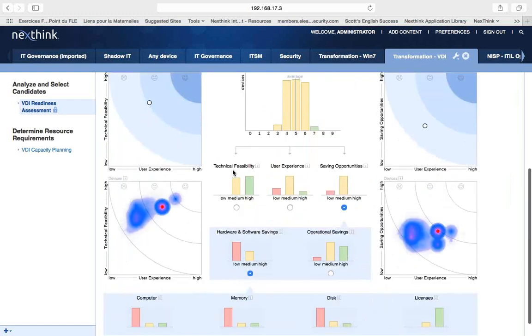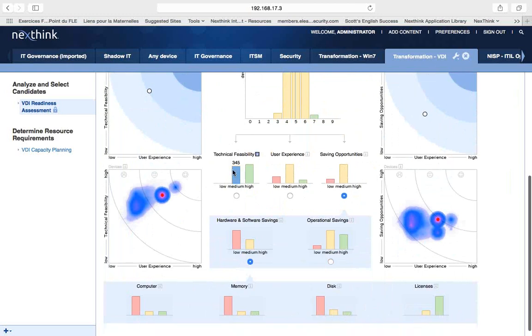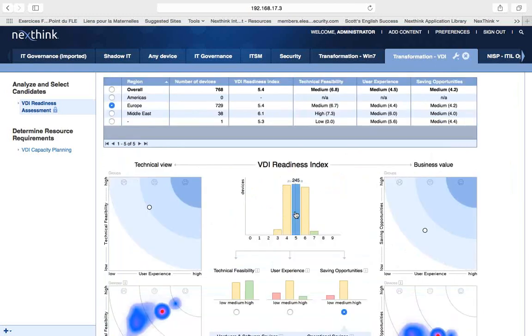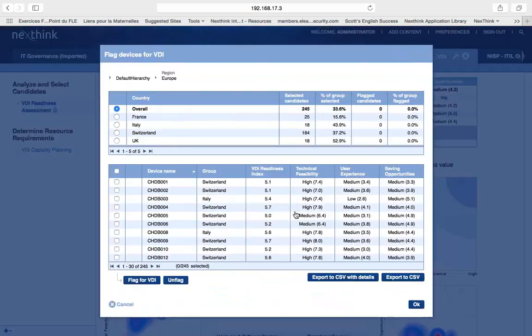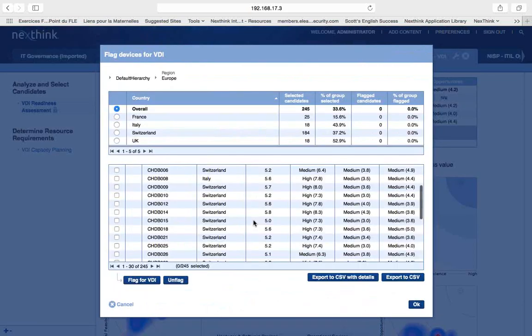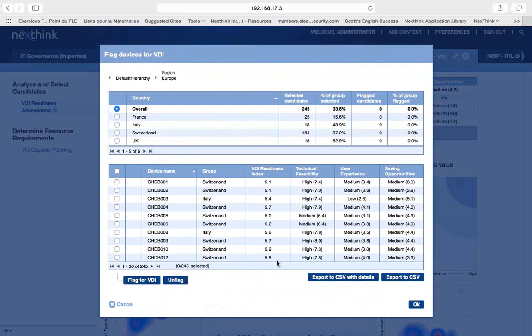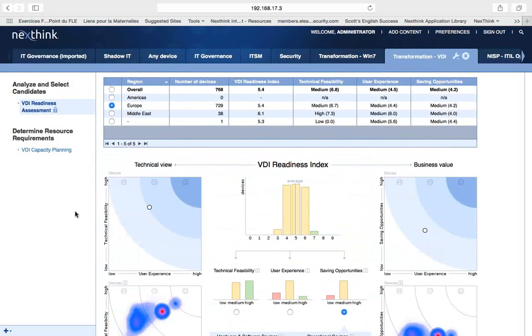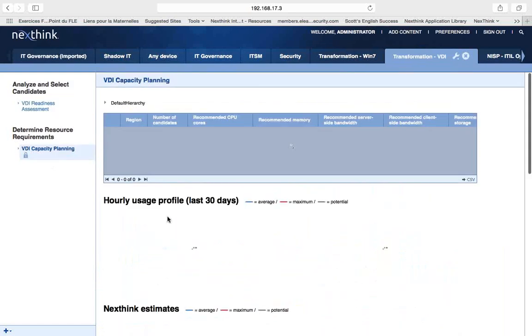So after knowing that, we can see now which are the best users to start our migration with. If we choose to start with these users, we can ask Nexthink to do the migration or to do the assessment or the capacity planning for these devices to start with. So if we go to the capacity planning section,